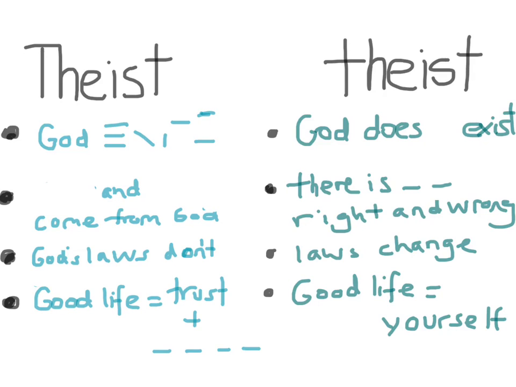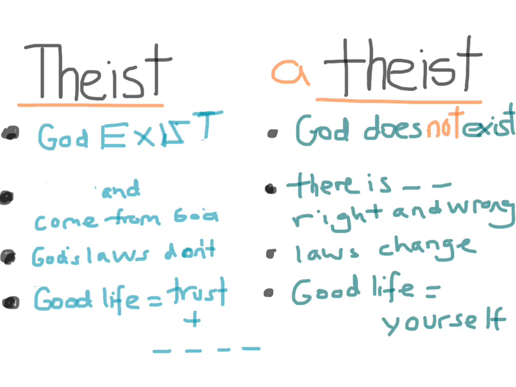But take a look at this. See, what we've got here is two words. Theist and another one. Atheist. Okay, what's the difference? What does theist mean? Well, theist means that they believe in God, that God really does exist. So they believe that God is there and that God can be trusted. Right? What about the atheist? Well, they don't believe God exists. They say God isn't there.